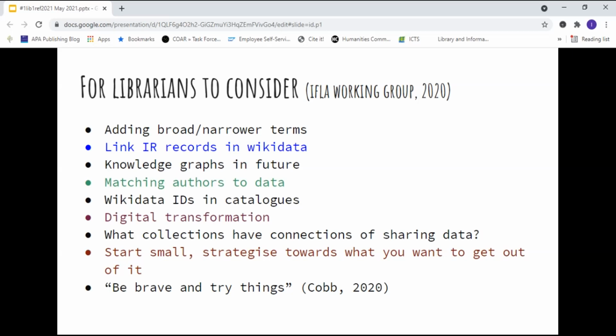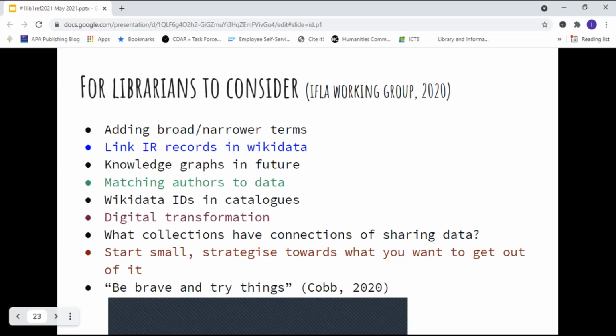What would be ideal is also to consider adding Wikidata IDs in catalogs. We should also be considering what digital transformation would mean for us and what this would look like in the future using Wikidata. And what collections have connections of sharing data is also something that we need to consider.